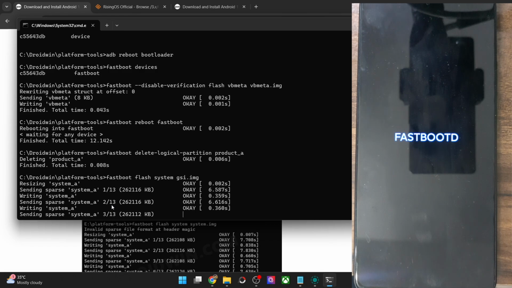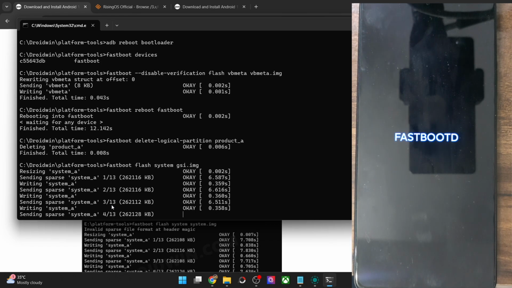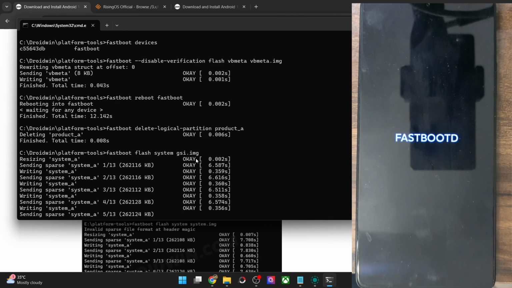However, if you are still getting an error message with regards to not enough size to resize the partition file or something like that, then in that case, make sure to reboot your phone to the fastboot mode, then again reboot to fastbootd mode, and this time also remove the product B partition. So apart from product A partition, also remove the product B partition, or simply if you want to only remove the product A partition, then simply make sure to flash the system file in the system A partition itself.